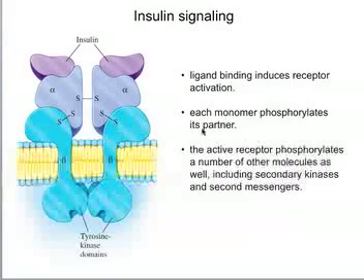So there's an autophosphorylation event, a phosphorylation of the receptor itself that drives its own activation, and then once phosphorylated, the receptor kinase is free to engage with a number of other enzymes or molecules, and